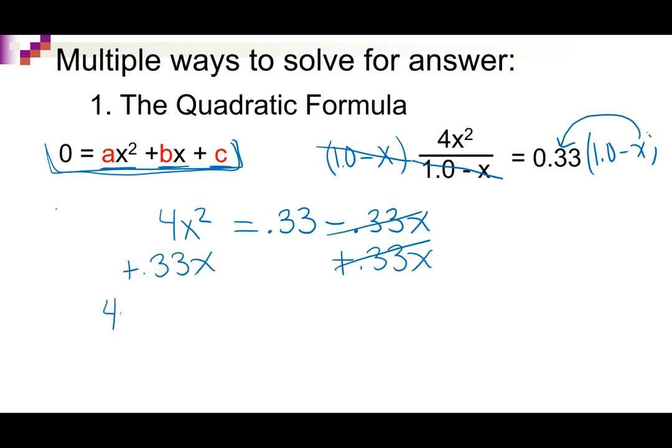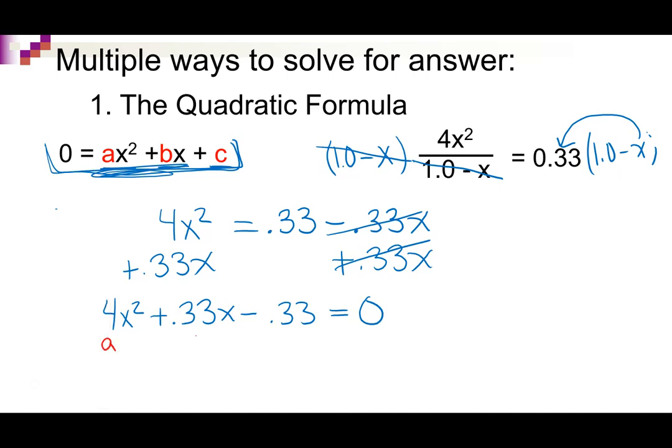So over here, I've got 4x squared plus 0.33x equals 0.33. And then to get this guy moved over, I'm going to subtract by 0.33. Those cancel. Subtract by 0.33. So I'm just going to clean it up right here because I'm running out of room. So minus 0.33 equals 0. Okay. Now we've got a format that looks like this quadratic equation, where this is our a